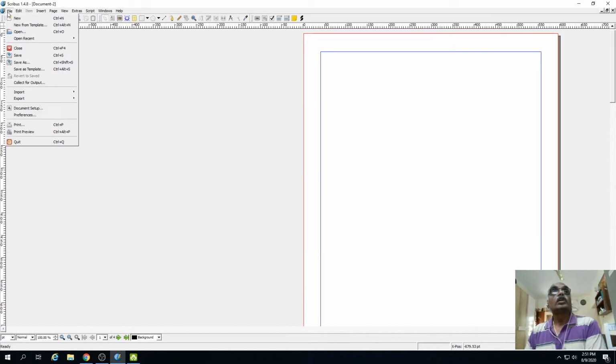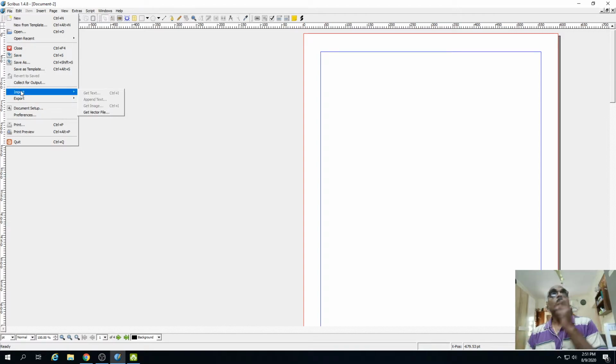If you want to export this file to a PDF, you can export the file and save as a PDF. And then you can export the file and save as an image, and then you can export the file and save as SVG. If you really want to print your work which you have completed using Scribus, ideally you should save as an image page by page, so that the printer will be able to print these pages as images and bind the book for you. So this is actually the export option.